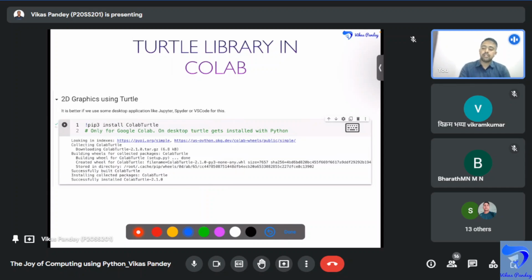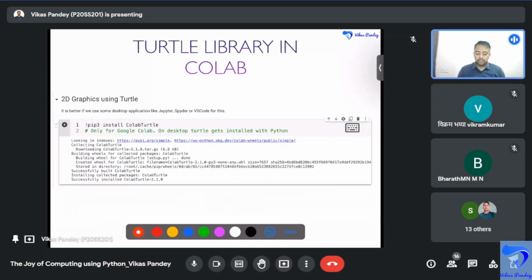The problem is that here we are mostly using Colab or Jupyter Notebook. In Colab or Jupyter Notebook, there is a different turtle to import, and some small things are different. So I will tell you the difference so that you can use it easily on the Spyder IDE as well as